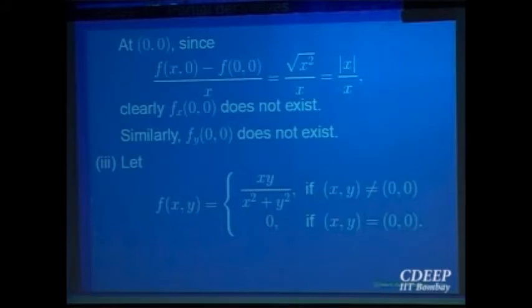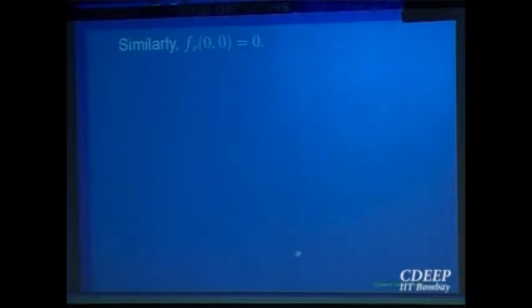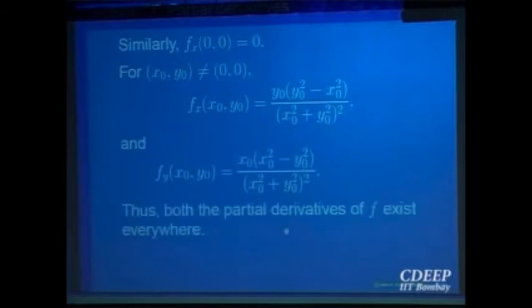So for this function, all the partial derivatives at all the points exist, right? At points other than 0, 0, you can differentiate by one variable formula, quotient rule, and at 0, 0 by definition itself it is identically 0 functions, so the derivatives are 0. Similarly, fy, fx both are 0. Let us look at the points other than 0, 0, which I have just computed and written. You can use your rules for differentiation. And so at all points the partial derivatives exist for the function with respect to x as well as with respect to y. Let us analyze whether this function is continuous or not.